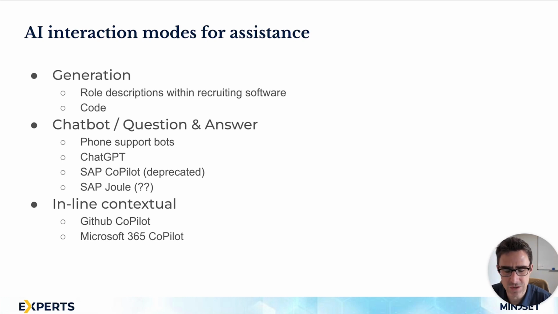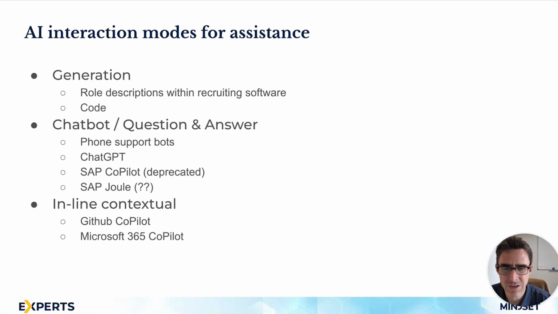And then lastly, we've got the concept of inline contextual AI that's looking at what you're doing and making suggestions or giving you information that it thinks is relevant to what you're doing. This is really one of the most powerful options, and also I think least prone to problematic types of interactions, because the user can't interact directly with it as easily. That's not the mode. Therefore, the user won't as easily lead it off in the wrong direction.